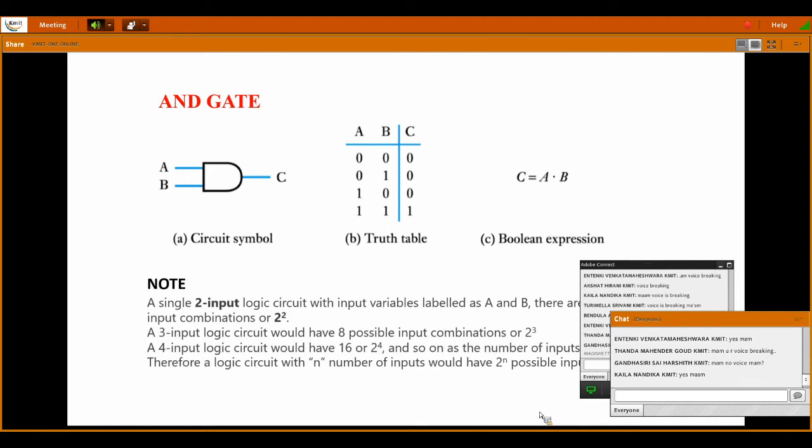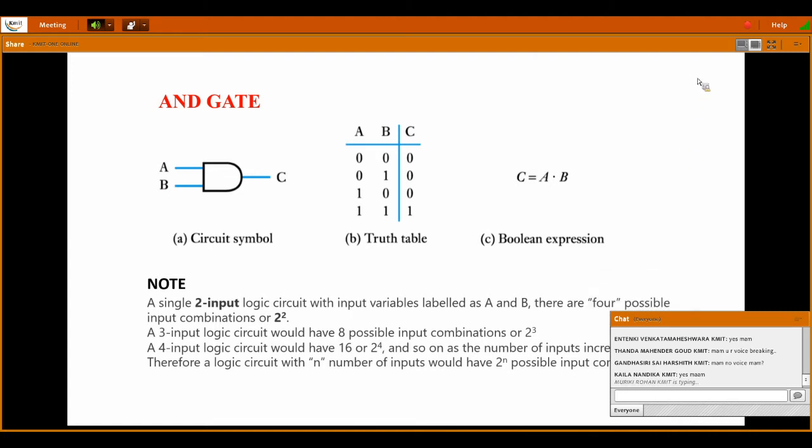Okay. So we have already discussed the gates in the previous class, but I just want to give an overview. The AND gate is nothing but multiplication. For any general gate, there will be two inputs and one output. And if you see a small table here, since there are two inputs, there will be four combinations in the truth table. This table is called a truth table, where the input and output combinations are shown. For two inputs, the combinations will be 4, that is 0 0, 0 1, 1 0 and 1 1.